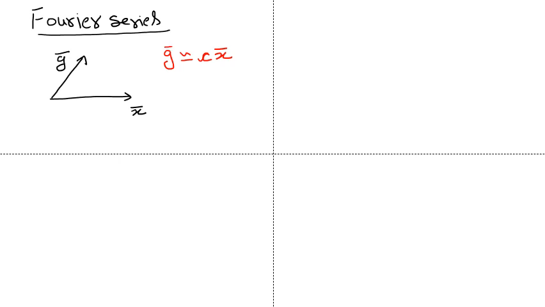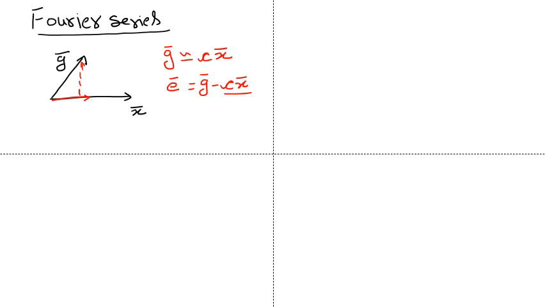Basically the vector g is just approximated, so there will be an error, and this error will be equal to g vector minus cx vector. So e is an error vector. Let me first take this cx. Say this is your cx vector. Then e is a vector something like this.